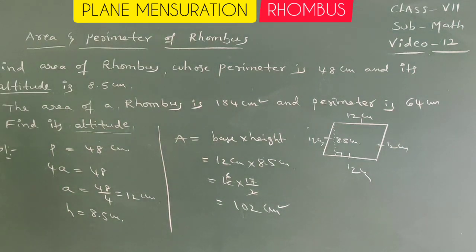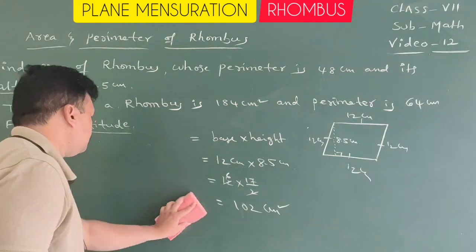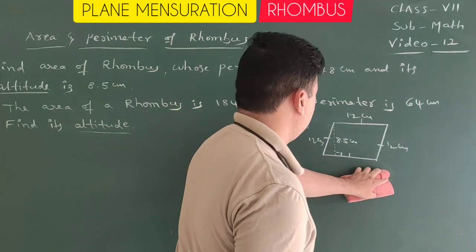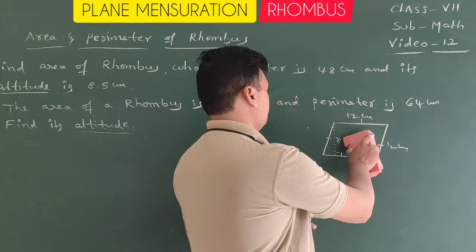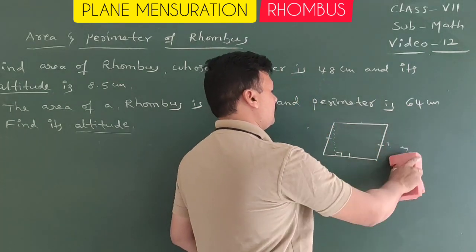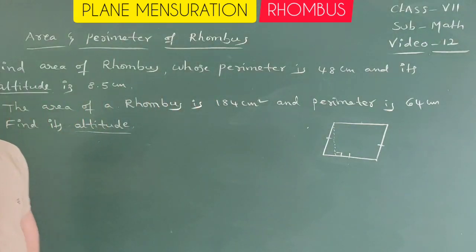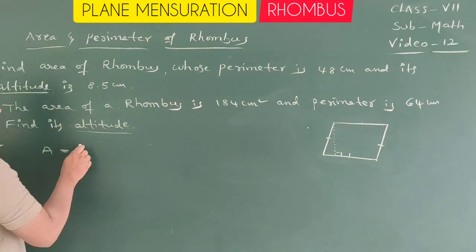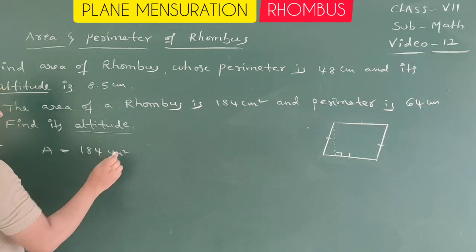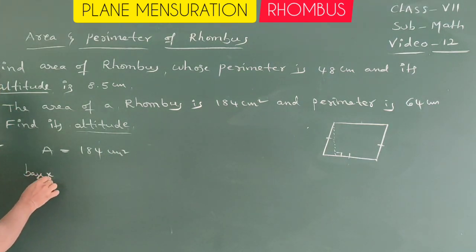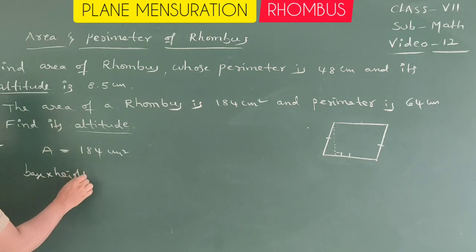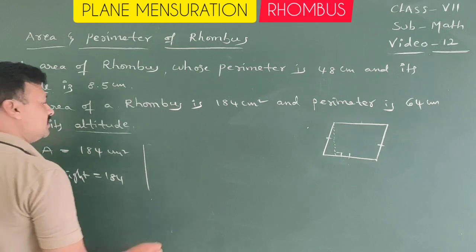It's a logical one. Next, second problem. Here the area is 184 centimeters square, they give. Base into height equals 184. Okay, and perimeter equals